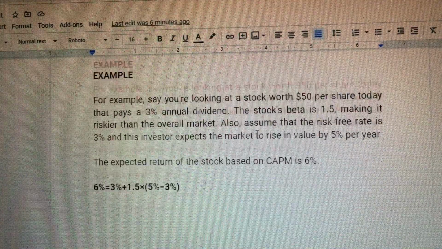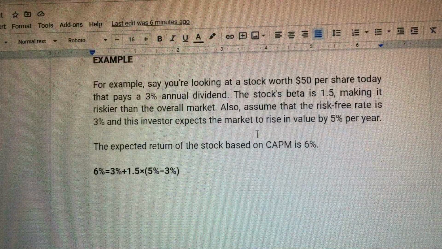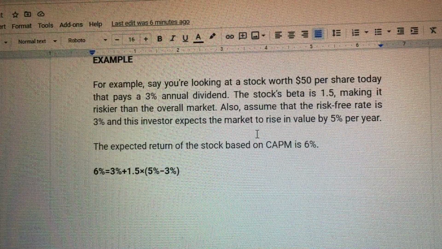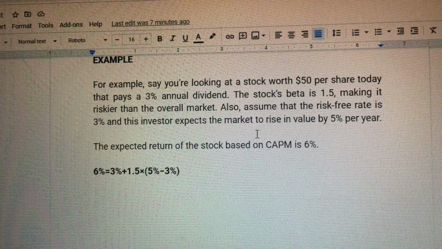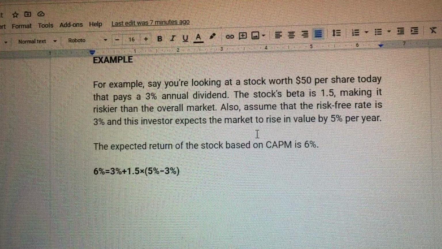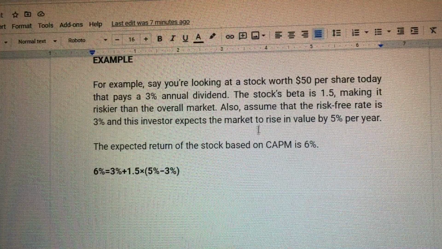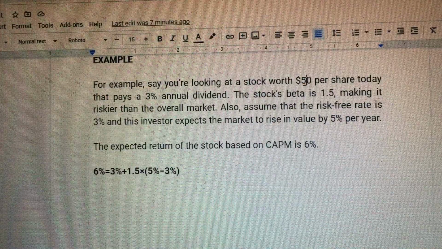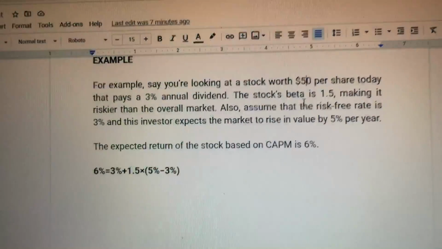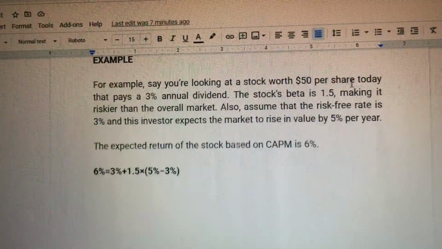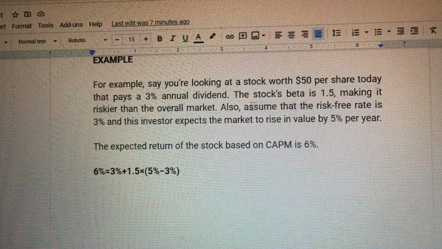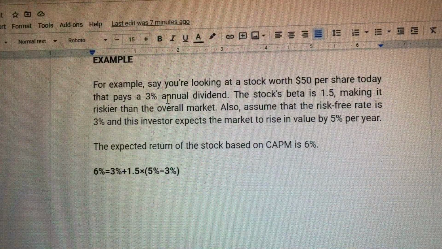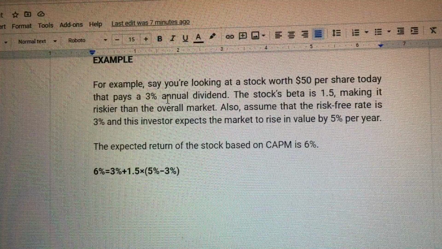So, there's an example. For example, you have $50. Let's just use this as an example, dollar. You have a stock worth $50 per share today. Ang annual dividend na ihatag